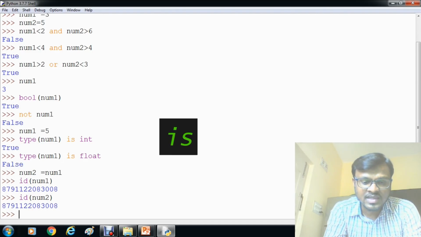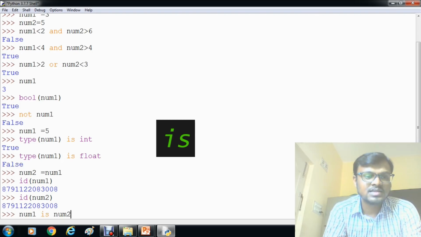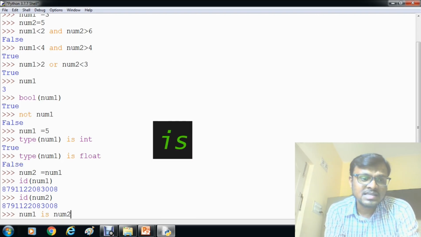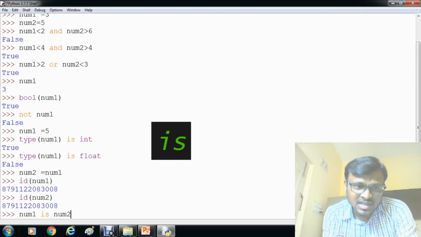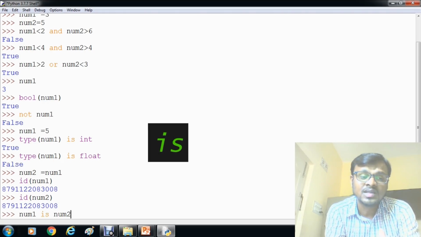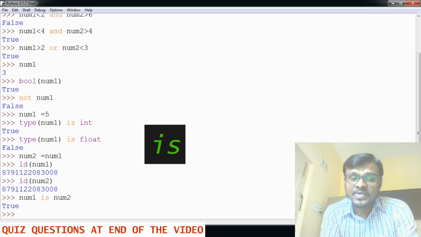So now check num1 is num2. This is the identity statement. If both the objects are referring to the same address, it should give the value true, otherwise false. So it is giving true.